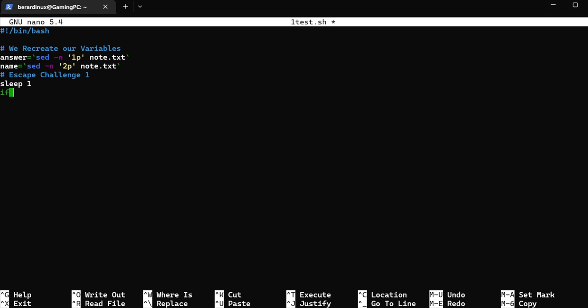So we can do an if, brackets, and our answer variable. And this is pretty much saying if answer equals, if it's the same, and we can just put yes. Close our brackets off, and then we can do a semicolon and then put then. And then we can put anything underneath this. If our answer variable equals yes, then it's going to run the commands underneath of it. So we can just put echo,